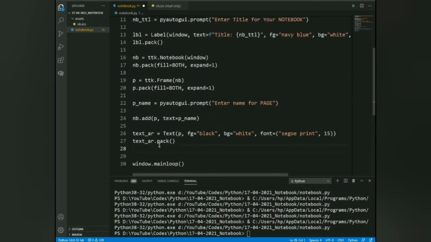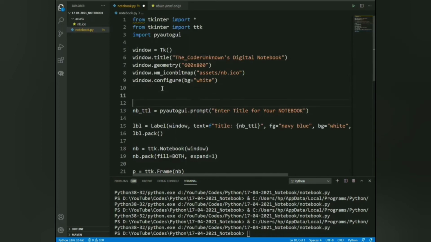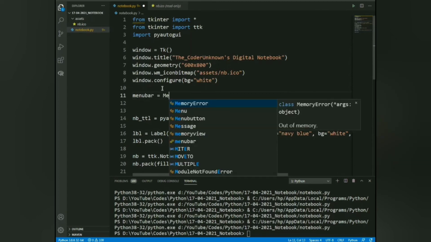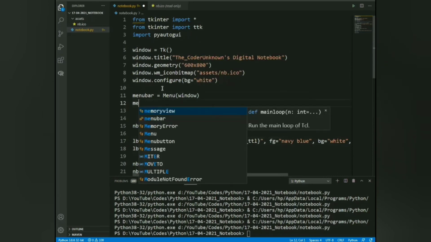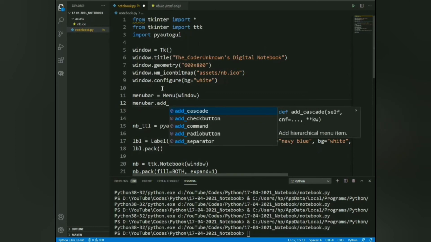Now we know that a notebook doesn't have a single page. So let's create a function to add multiple pages to our app. For that, firstly we will need a menu bar. So we will create a menu bar using the Menu function, which will be inside our window.